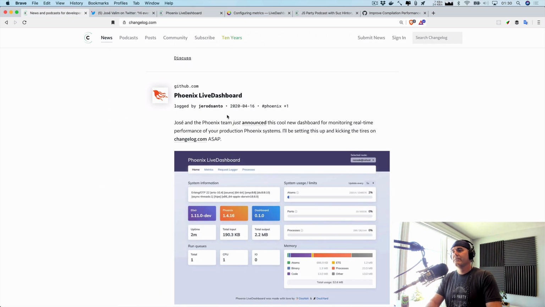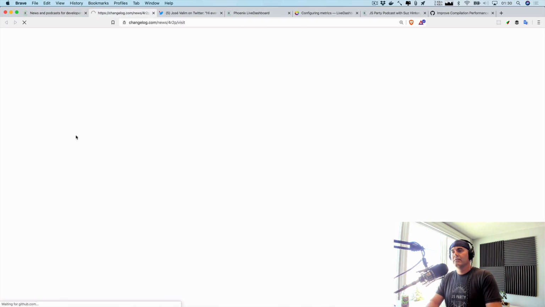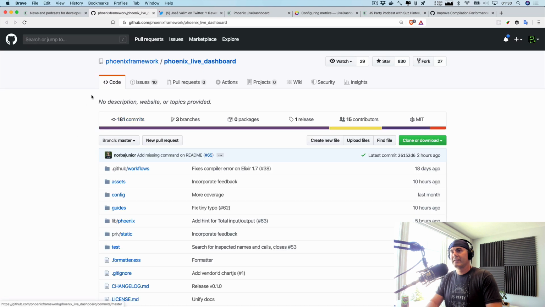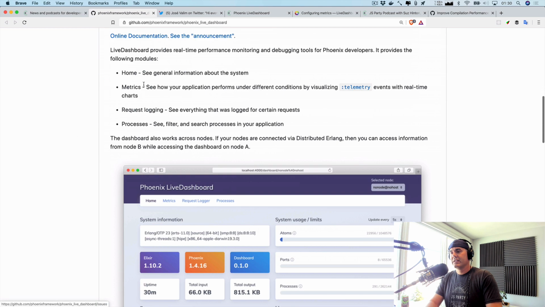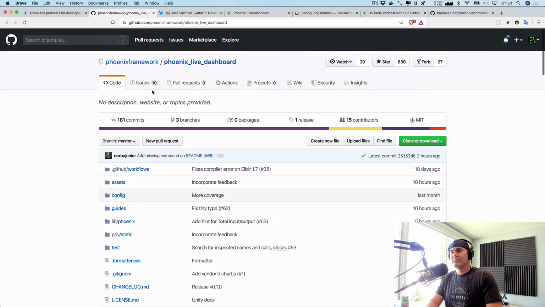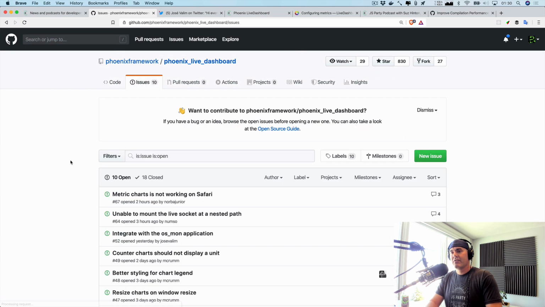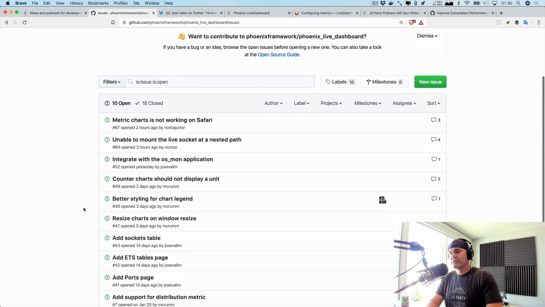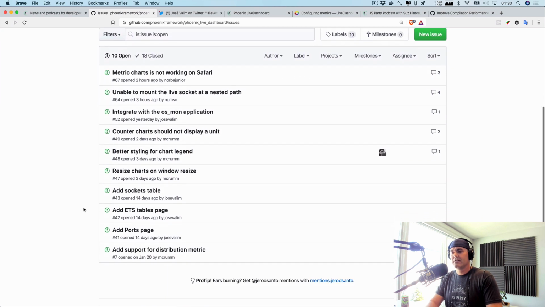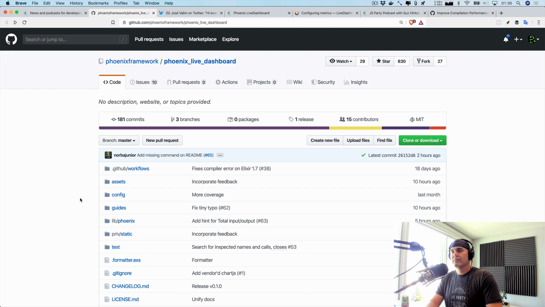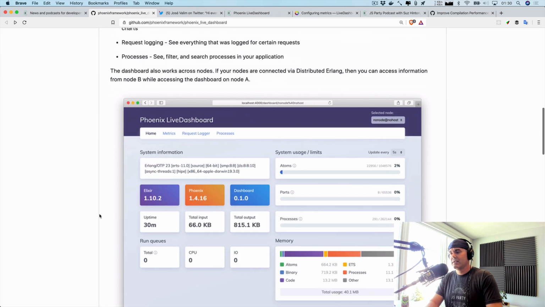When we check out the Phoenix framework, Phoenix LiveDashboard, we can see that it's still very much early days, and I'm sure they are listening to bug reports, listening to feature ideas, and this is pretty cool. If you already have a Phoenix app, I don't see any reason, as long as you can figure out how to get it inside some sort of authentication, which I'm sure wouldn't be too much work. I don't see any reason why you shouldn't give this a try. Phoenix LiveDashboard,